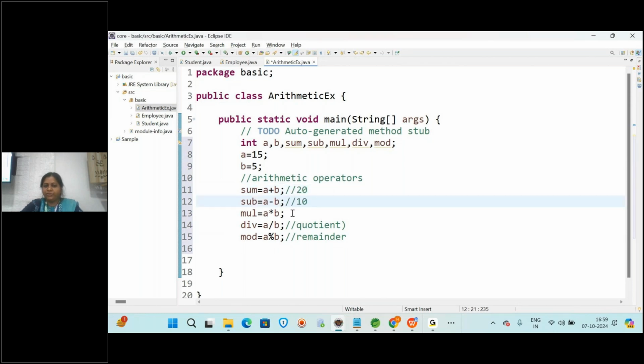And 15 into 5, how much? 75. Okay, fine. And then division value how much, quotient. 5 3s are 15, remainder is 0. 3 is the quotient. And the remainder is 0.